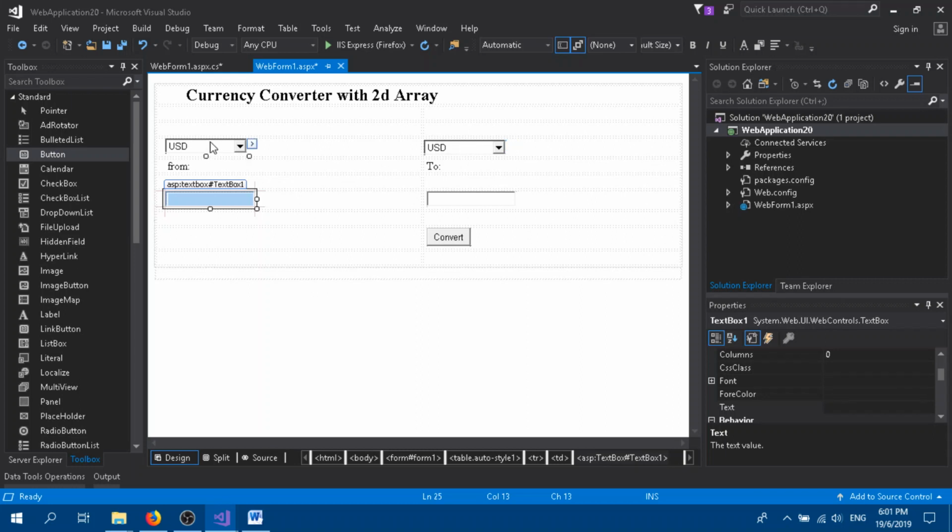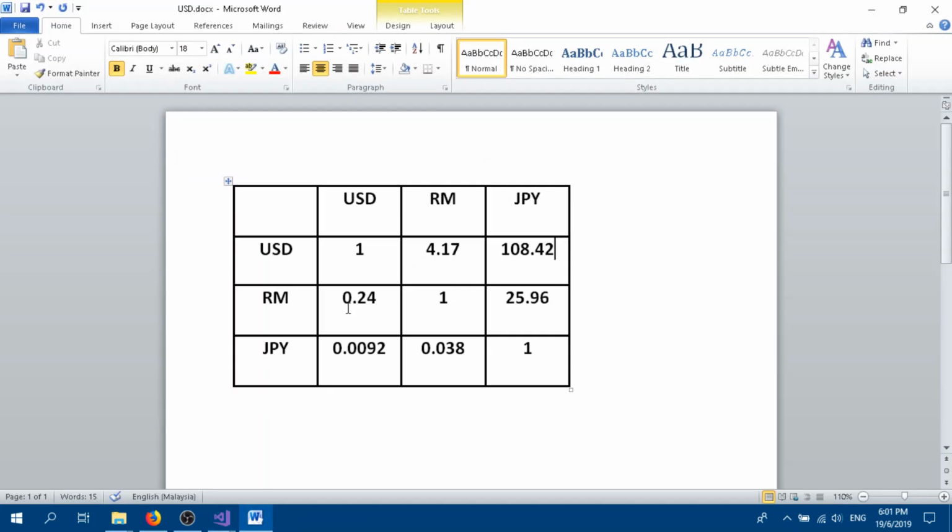So the index is like the numbers 0, 1, 2. If I select USD, the index is 0, and here also, if it's USD, the index is 0. So if both indexes are 0, it's going to compare this value,